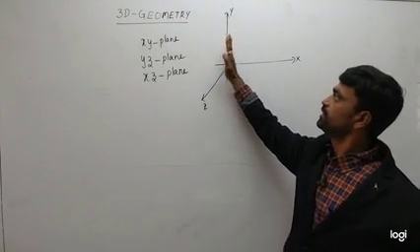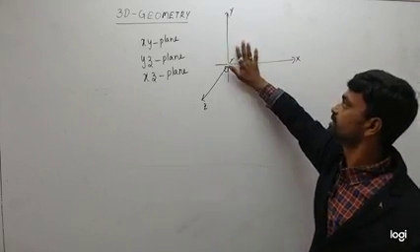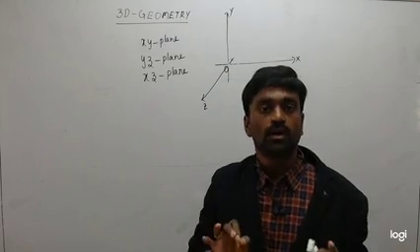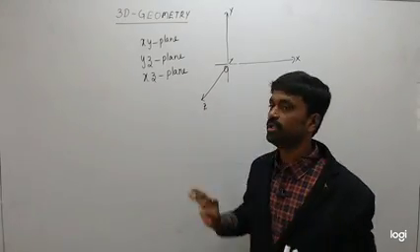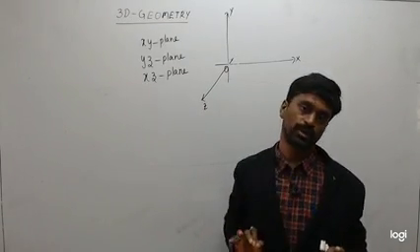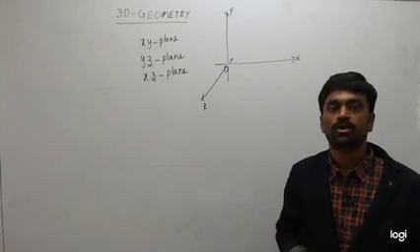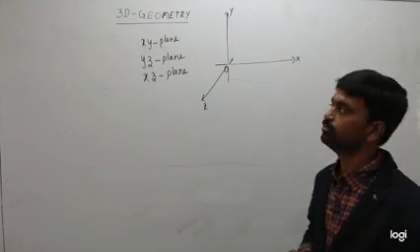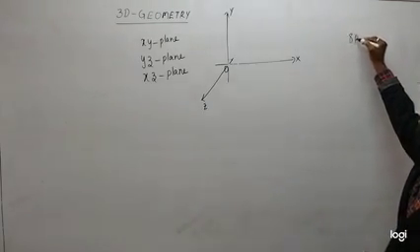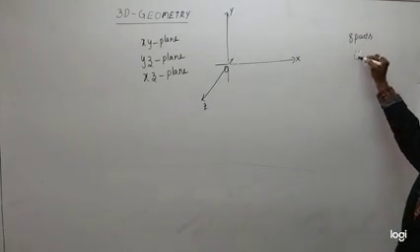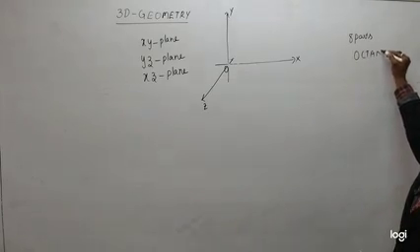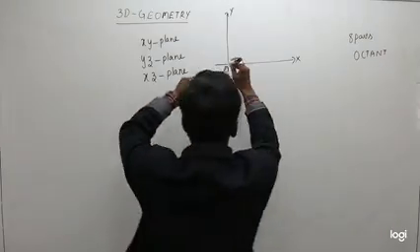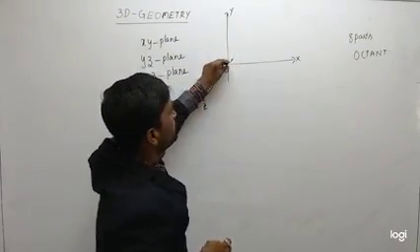So if you observe, these three planes are mutually perpendicular. And these three planes together are called what? Coordinate planes. And these three coordinate planes divide the total space into 8 equal parts. How many parts? 8 equal parts. Each part is called what? Octant. So there will be 8 octants.